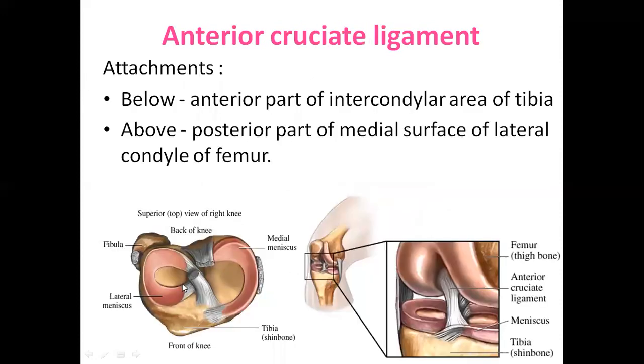Now, this picture I have shown you when we were doing tibia osteology also, right? So this is the medial condyle of the tibia, this is the lateral condyle of the tibia. Anteriorly we have tibial tuberosity. Over the medial condyle we have a meniscus, a fibrocartilaginous structure, you call it medial meniscus, and laterally we have lateral meniscus. This is the intercondylar area. In this intercondylar area, if you remember me telling you London Medical College, London, I gave you one code to remember the things. Now we are elaborating on the same point. So this point you have is anterior cruciate ligament.